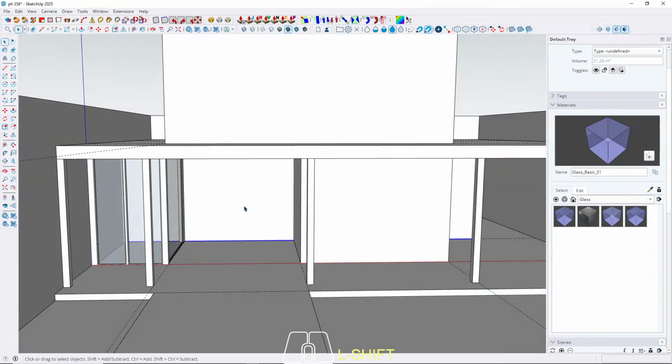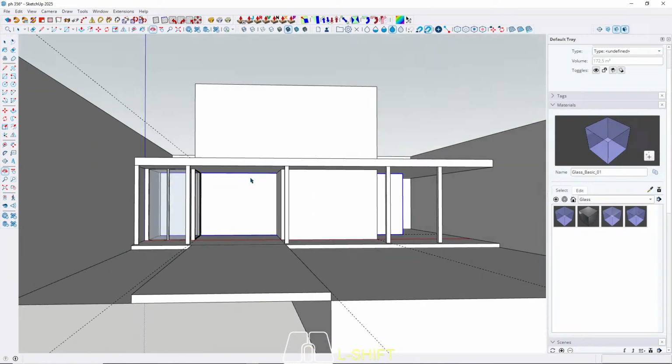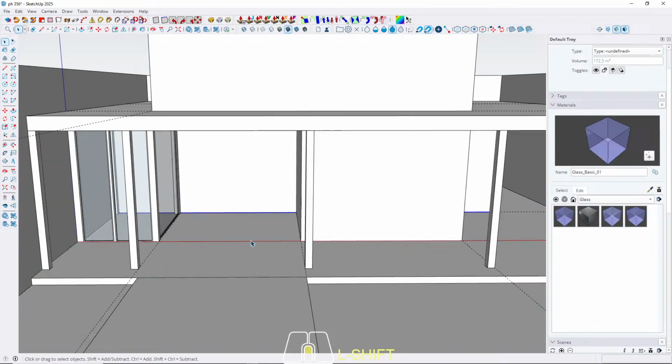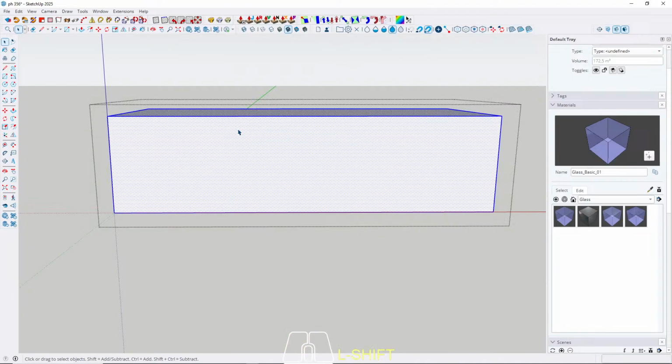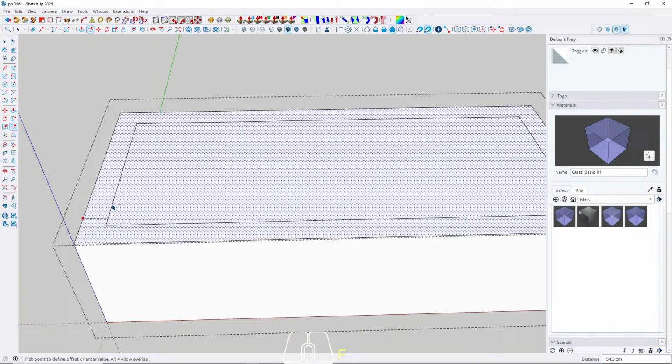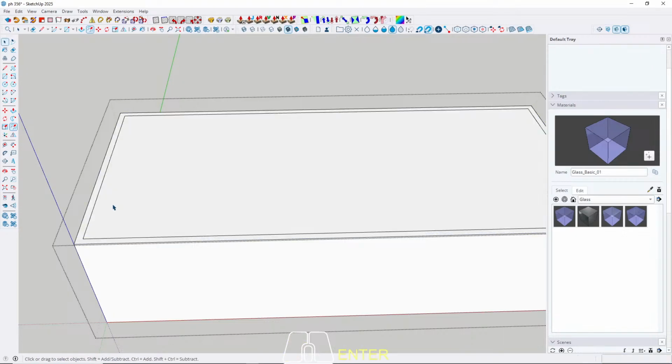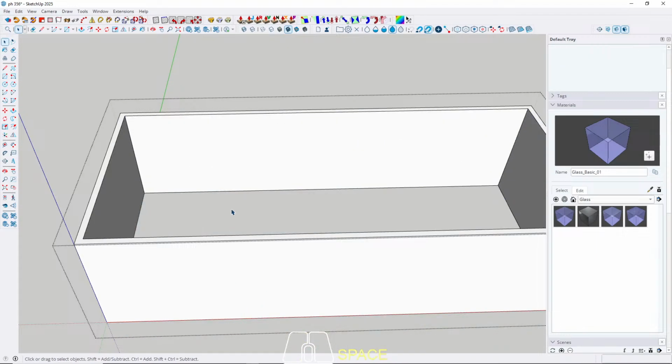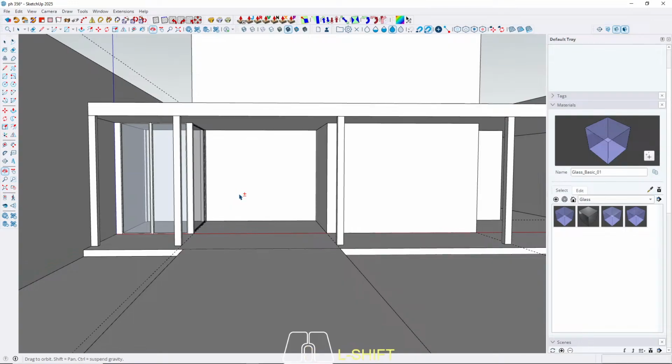Next we have this mass, and it's going to be the main room or the main house, but I'm not going to detail every mass, because I just want to focus on the exterior concept. Just offset it 15, a standard thickness for the wall. Okay, and then